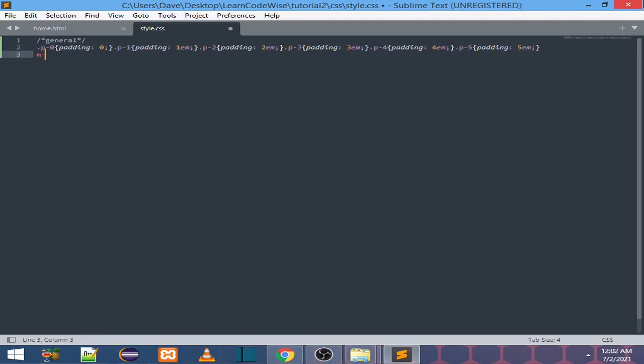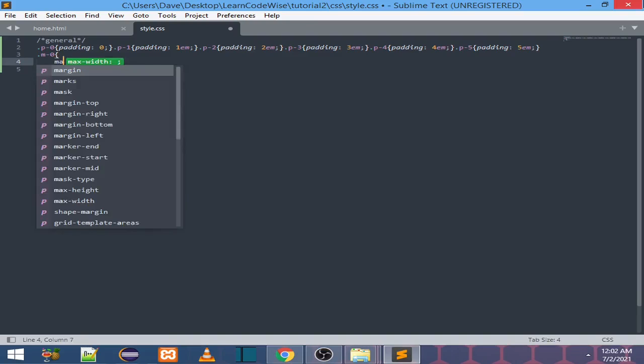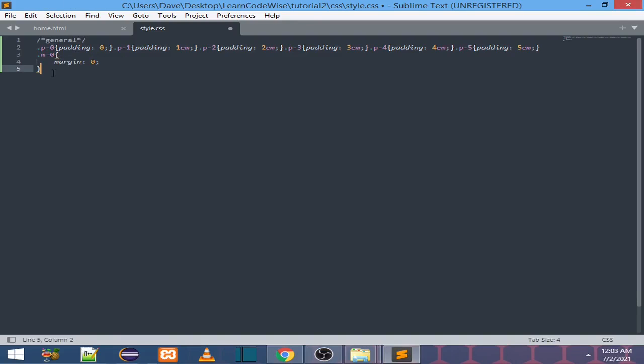So the margin, we're going to say margin 0 again here, make sure it's a class. So this is going to be a margin of 0. Let's copy and paste this again, make it margin of 1, margin of 2, 3, 4, 5. Okay, so again this is going to be 5 em, and here we make it 5. This is 4, this is 4 em,